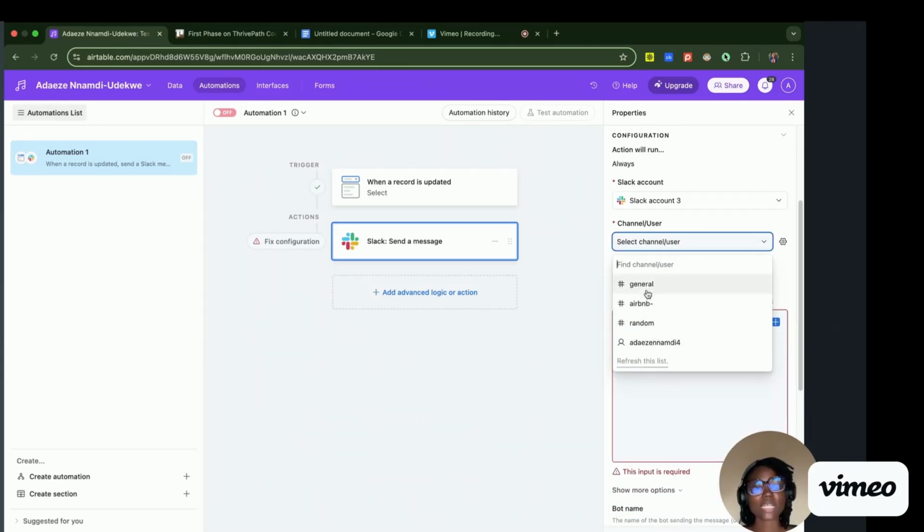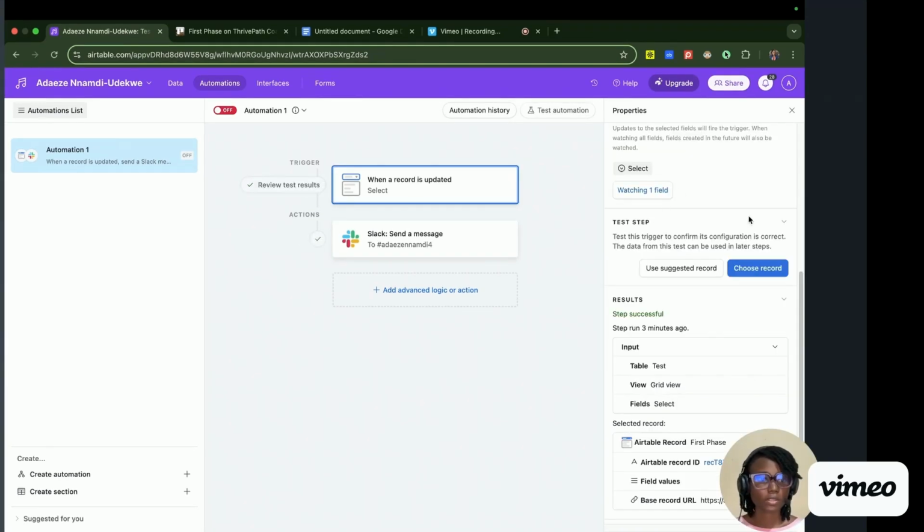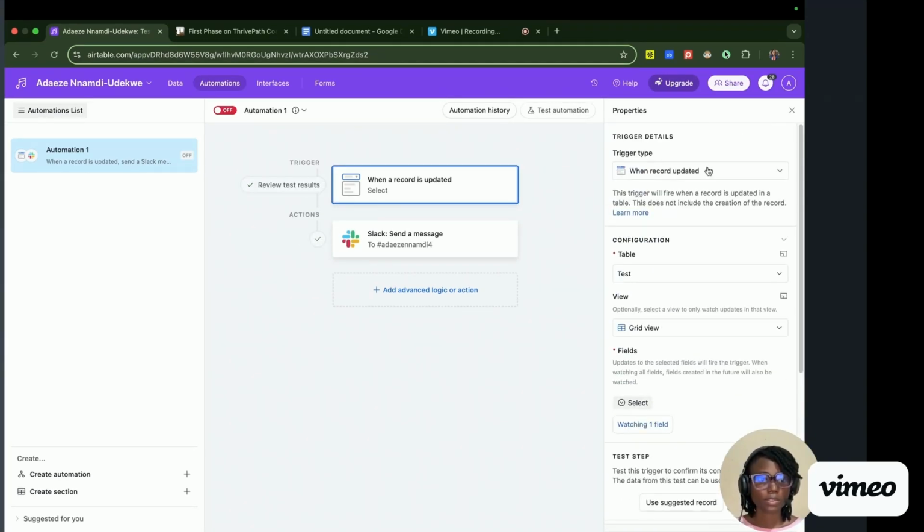So what I did was to make sure that it was sent to the individuals, to their inbox. If you want it to be sent to a channel where you can monitor it, that's fine. But I didn't see the need for it. People can easily get it. So we come to the automation here, and it will be when